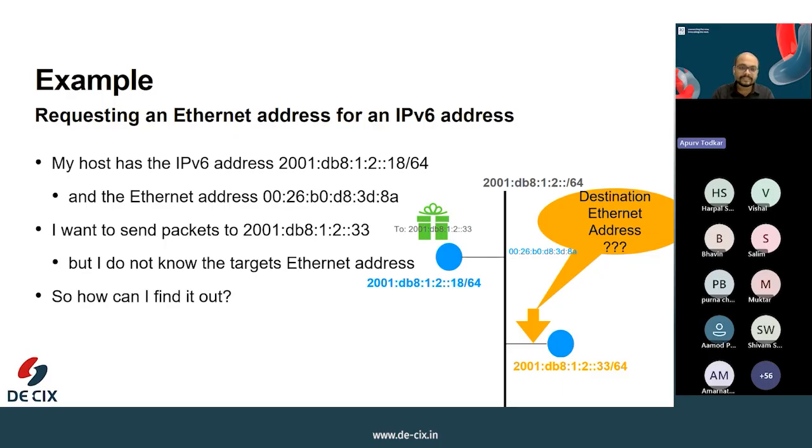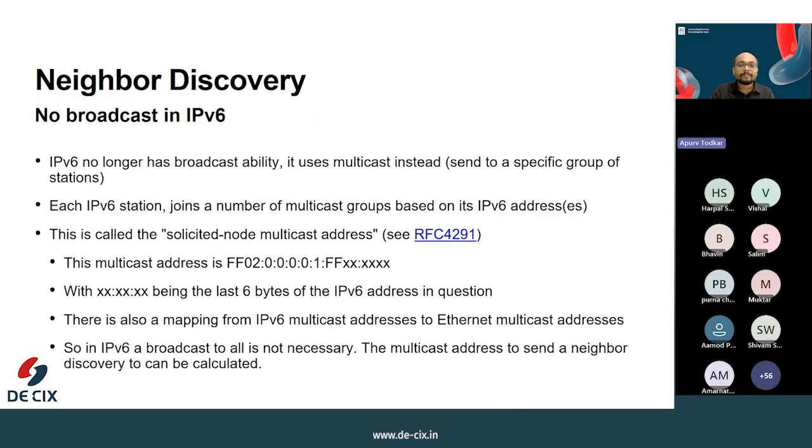requested IPv6 address. If you remember the discussion we had about broadcast and multicast, IPv6 does not use broadcast anymore. It was removed because in large LANs, broadcast traffic creates too much noise. Instead, IP version 6 uses multicast. Every IPv6 host joins one or more multicast groups, and it tells its Ethernet adapter that it wants to receive traffic on these specific multicast addresses. Okay. So network adapters can join many multicast groups, so the host receives only the traffic it needs,